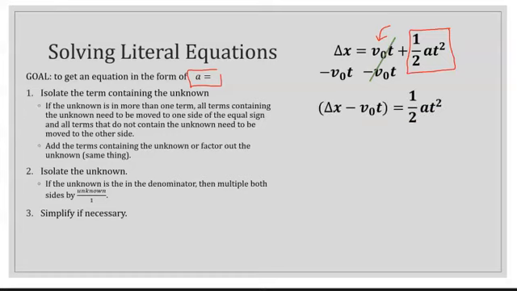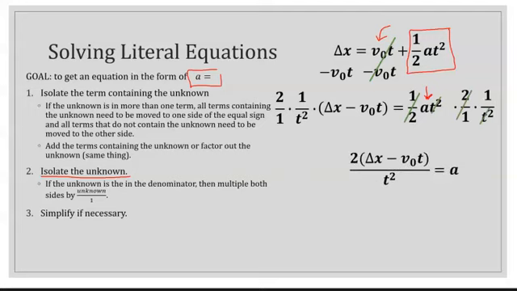Now I'm going to rewrite my equation for the next step. So my next step is going to be isolate the unknown. In this case, I want to isolate the a, so I need to remove the 1/2 and the t squared. To do that, I'm going to multiply it by the reciprocal of 1/2, which is 2 over 1, and the reciprocal of t squared, which is 1 over t squared. Remember, what I do to one side, I must do to the other. So I'm going to do that to the other side. Now I'm going to cancel